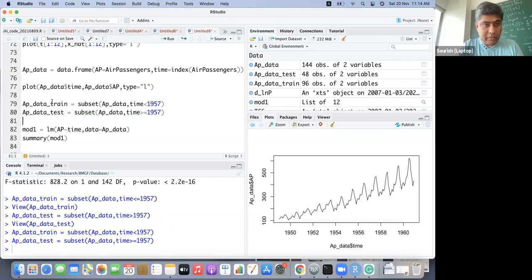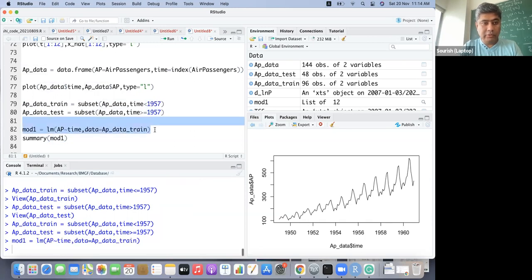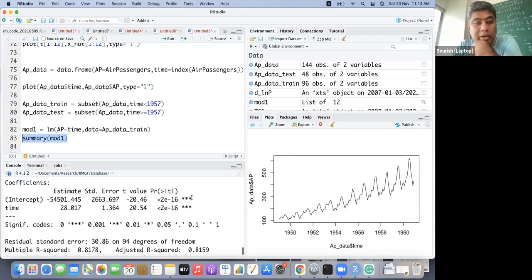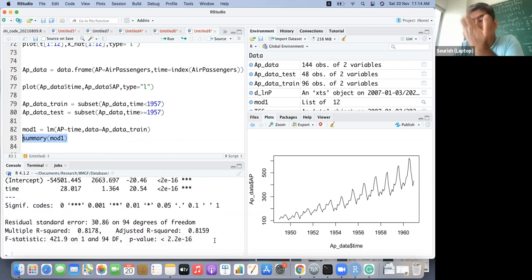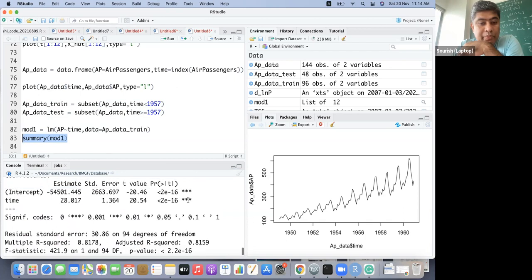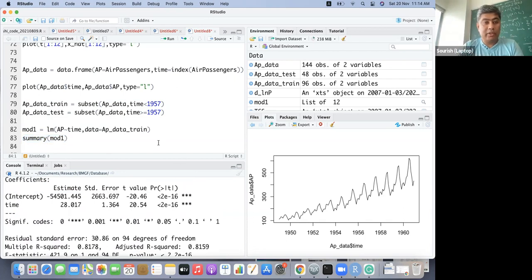All right, now we can just use the train data like this, and we fit the train, and it is now about 81%, adjusted R-squared about 81.5%. Of course, time will be very strong.